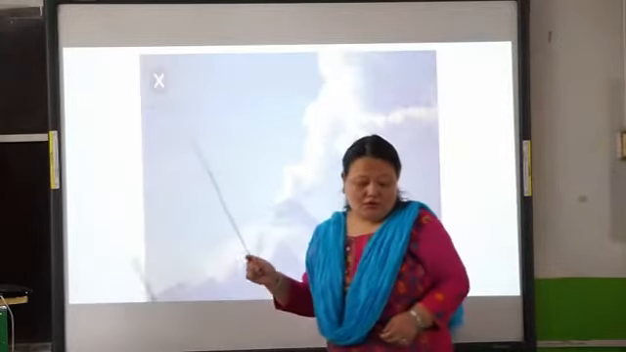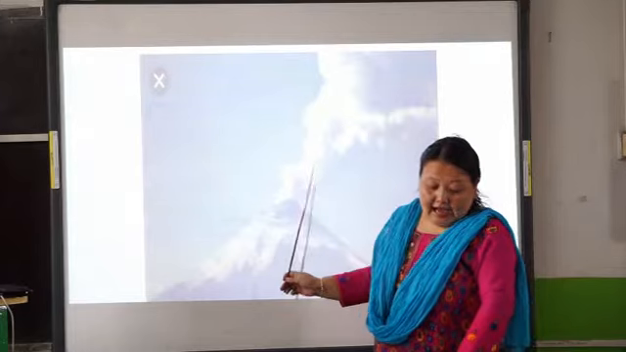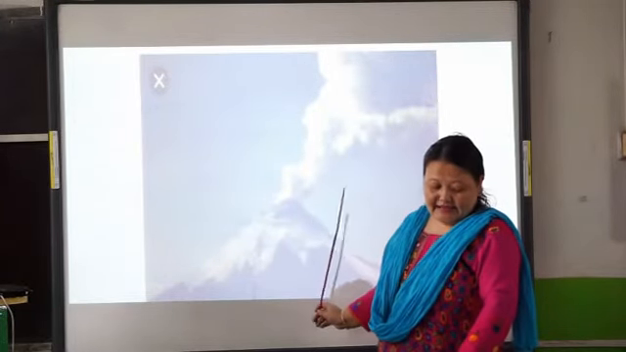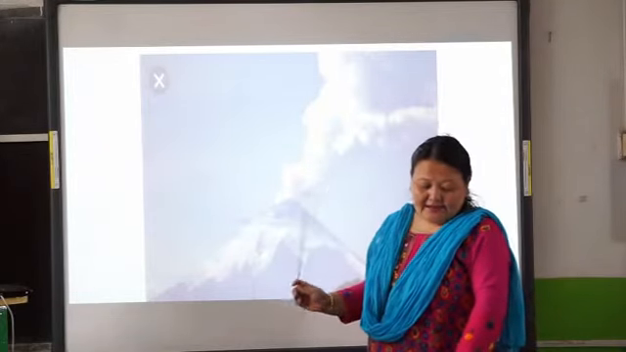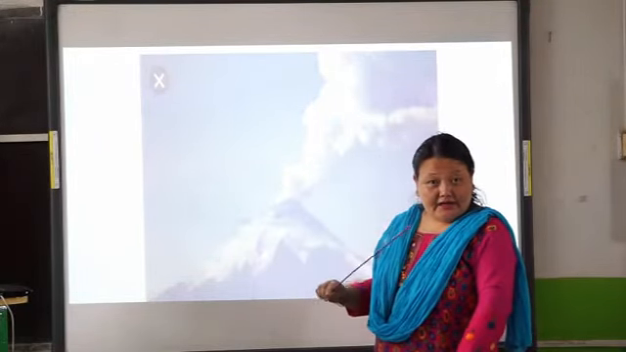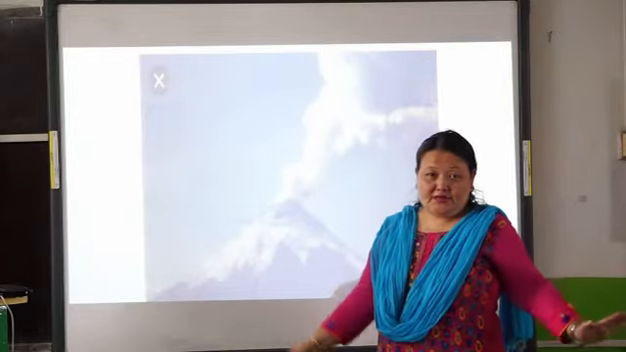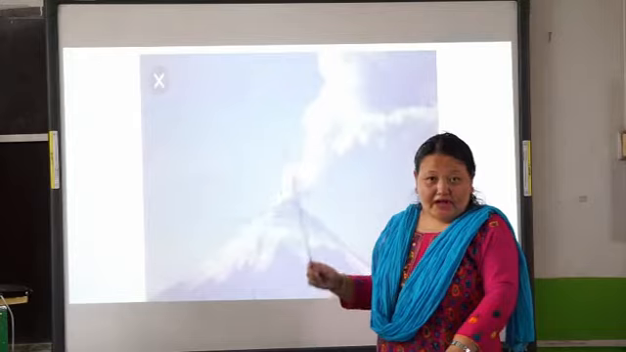Now this is Mount Cotopaxi. Mount Cotopaxi is the highest active volcano in the world. It is there in the Andes. The Andes are widest in Bolivia and Peru. That means the maximum amount of space is occupied by the Andes in the countries of Bolivia and Peru, which are